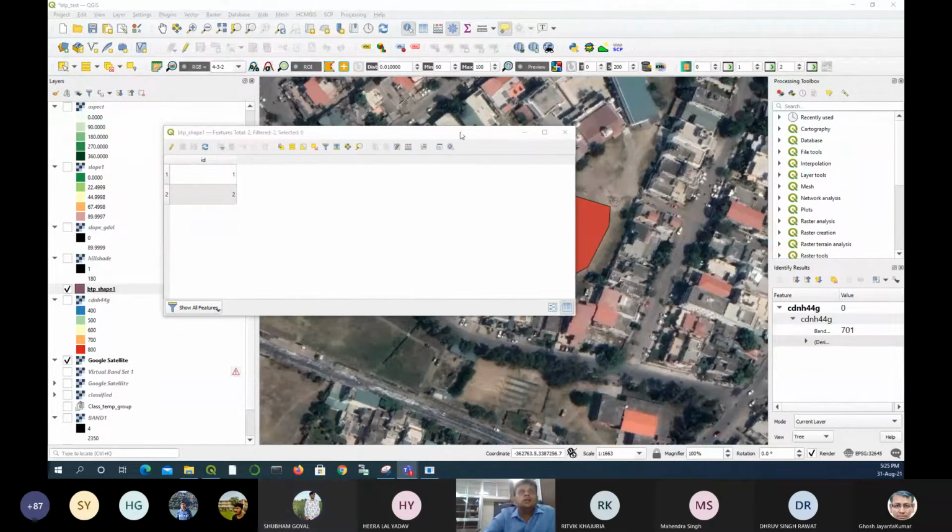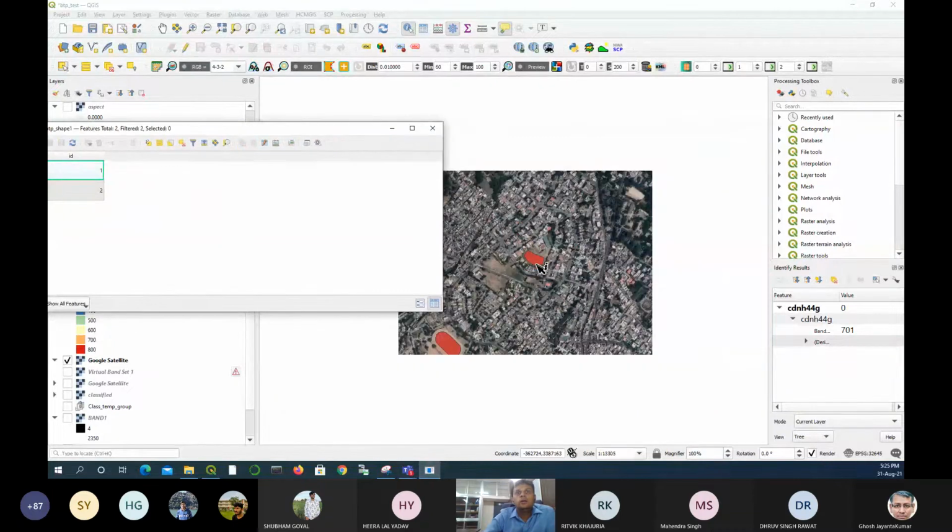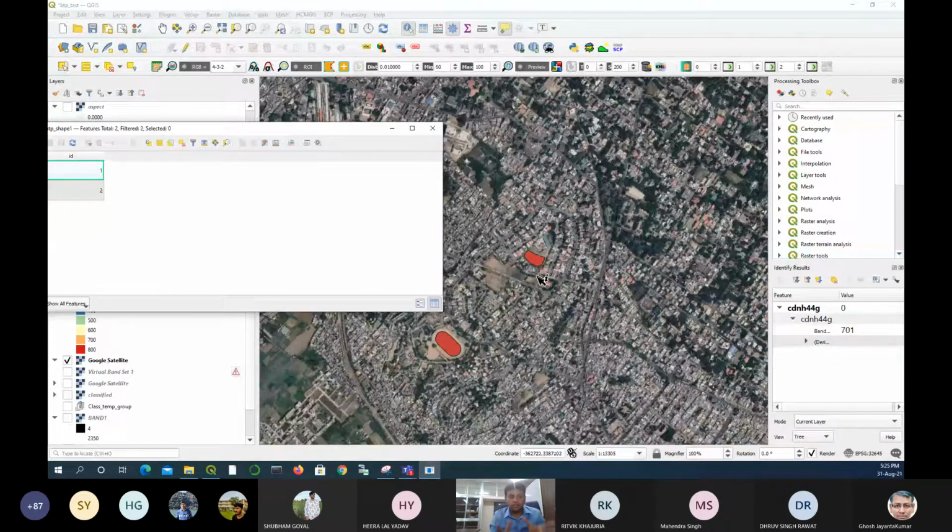So as you can see, I have created 2 polygons. That's a vector file, and it is saved in a shape file. This is a .shp file. Raster files like your DEM, your LULC map are all pixel-based information. Raster data is saved as a GeoTIFF file, .tif. Now we are creating vector data. These polygons, or maybe line features, or maybe point features, are called vector data. And vector data we save as .shp file.